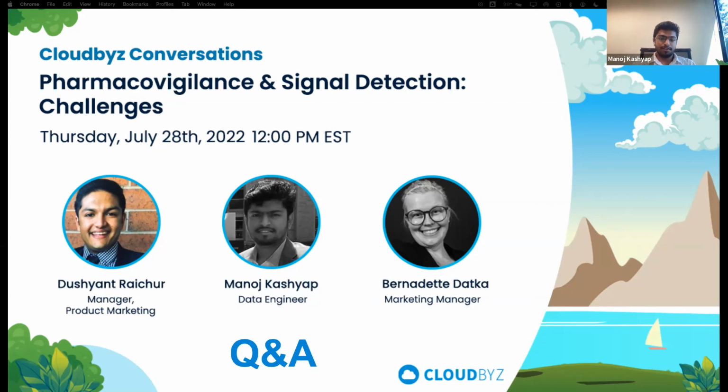Fantastic. Awesome. That's great. Another question is coming for you directly, Manoj. How granular can you get with the permissions in Tableau? So we can set field level access or row level access based on the requirements. If there is a particular set of users who want particular field level access, we can make sure that they are able to see and work on particular fields itself. Or if they want row level access, we can also set that too. Yes, we can do it based on field level or row level, I mean, data level access.